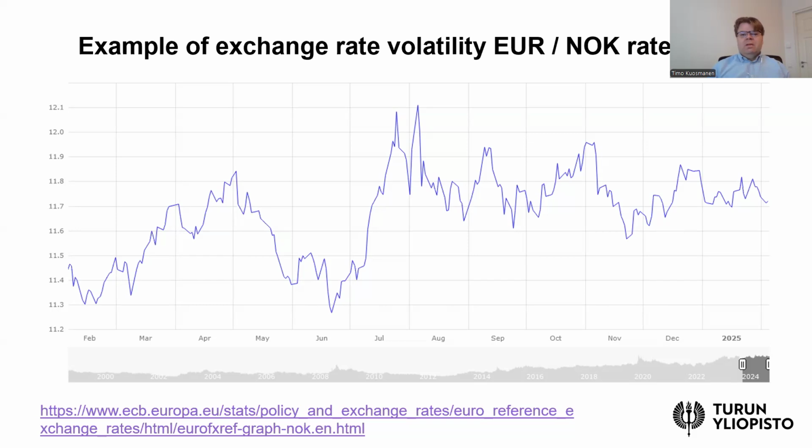And of course, for companies, for example Norwegian exporters that export to Europe, this kind of exchange rate volatility will be an additional source of uncertainty that has some costs to the Norwegian exporters. Similarly, for European companies that have operations in Norway, this kind of exchange rate volatility implies some kind of costs.